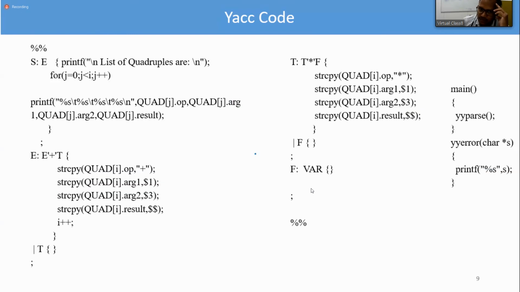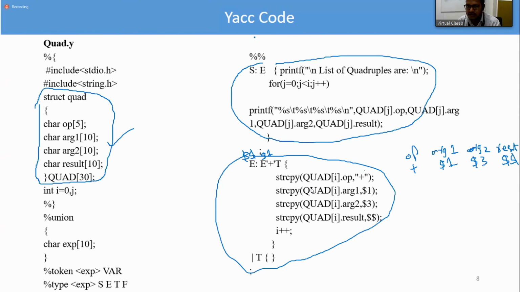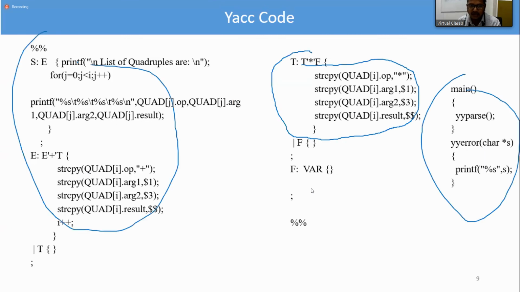Similarly, whenever you get a multiplication, what do we need to do? That information we have given here. This is the main function. In the main function we are calling yyparse and yyerror. Don't think this is the entire thing, I just gave the plus and multiplication handling, and this is for the printing. What I'm trying to say is we need to generate tokens, find syntax errors, and next we are going to give the intermediate code generator.